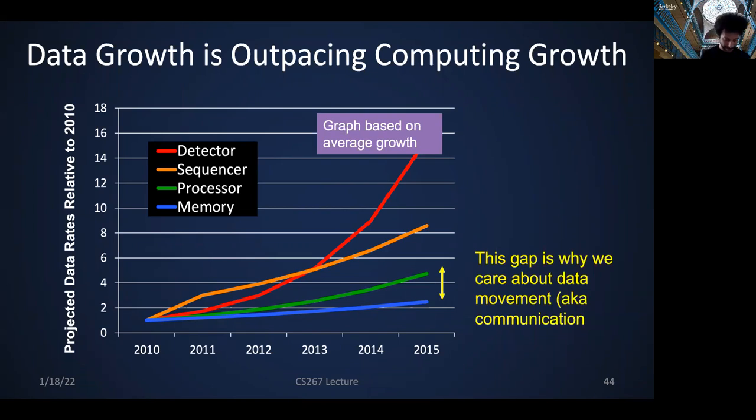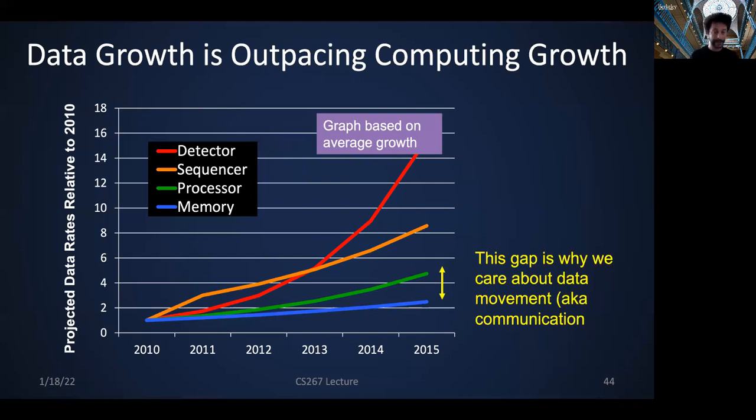The detector output from particle physics is this red line. The sequencer output, that is for genome sequencers, is the orange line, and both of them are growing faster than the processor speed, and worse, than the memory performance. And so what that really means is that in order to be able to analyze data sets that are coming from